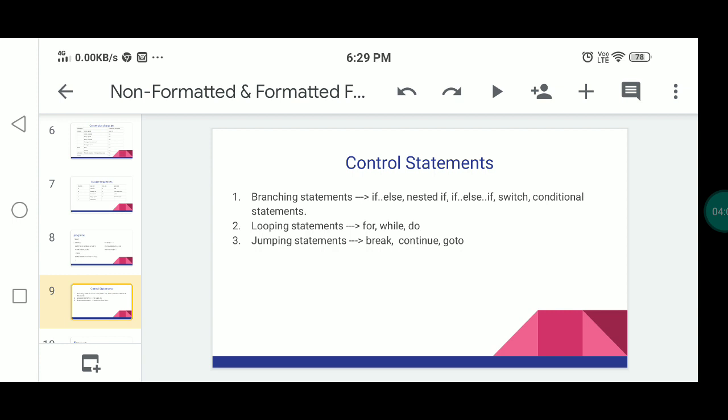These control statements enable us to specify the flow of control, the order in which the instructions in the program must be executed. It is possible to make decisions, to perform a task repeatedly, or sometimes to jump from one section to another section. So it will jump to read the code of another section.